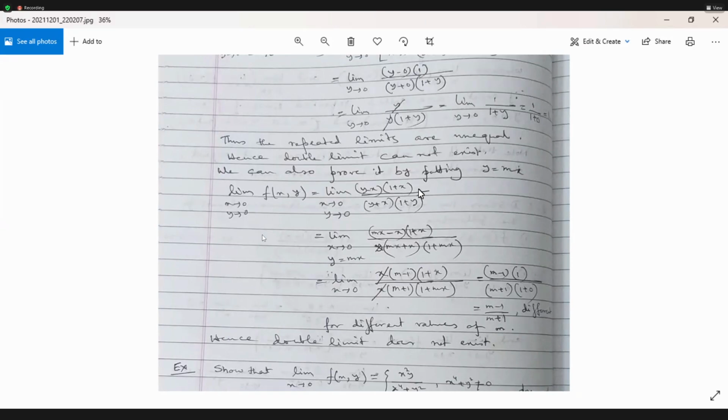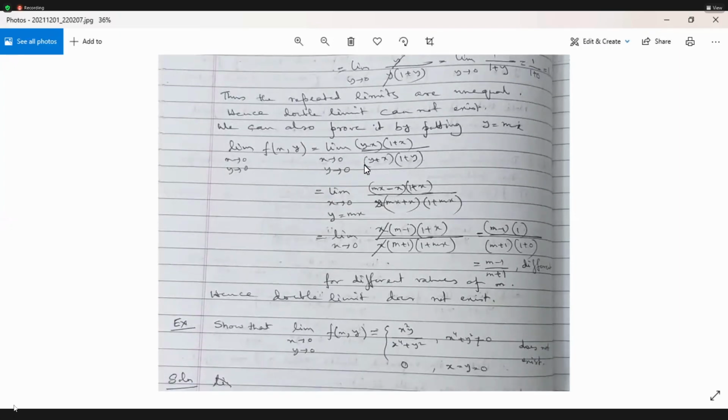Now, if I put y equal to mx, the numerator will be (mx minus x) into (1 plus x) into x, so an x is there. In the denominator, we have (mx plus x), that is (m plus 1) into x, into (1 plus mx). In the numerator from the first factor, mx minus x, we can take x common, and from the denominator also x common gives m plus 1. So (m minus 1) by (m plus 1), x cancels out. 1 plus x is there, and in the denominator 1 plus mx is there. Along with that, we have an x extra in the numerator.